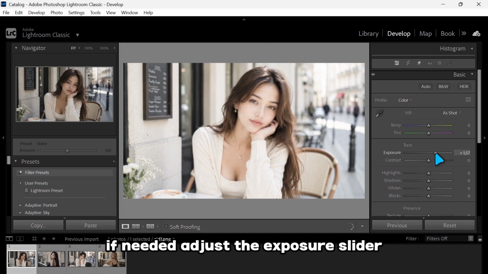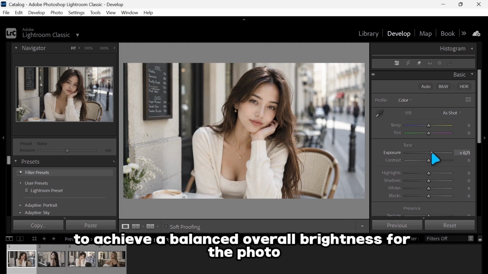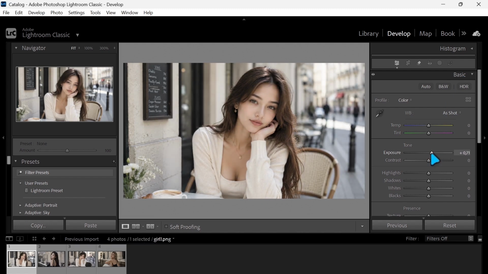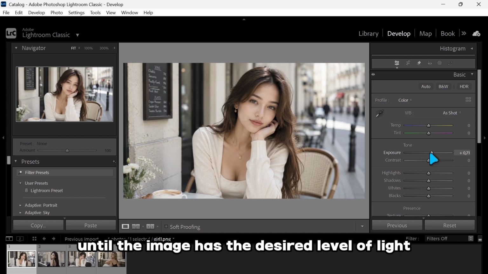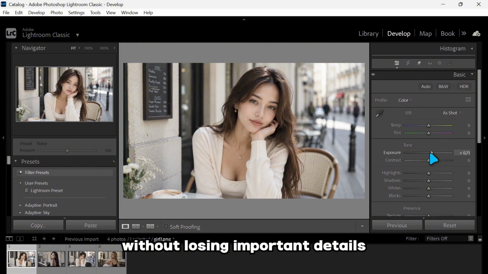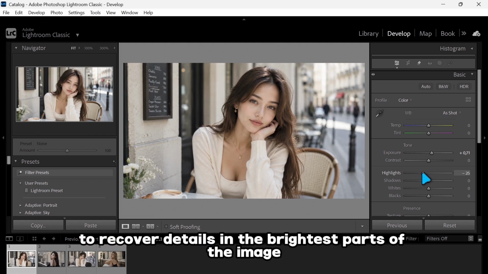If needed, adjust the exposure slider to achieve a balanced overall brightness for the photo. Increase or decrease the exposure until the image has the desired level of light without losing important details. After adjusting the exposure, reduce the highlight slider to recover details in the brightest parts of the image and create